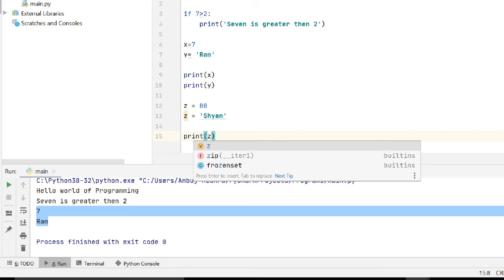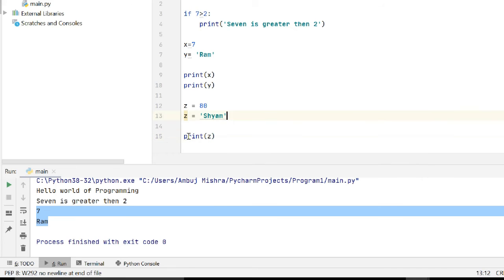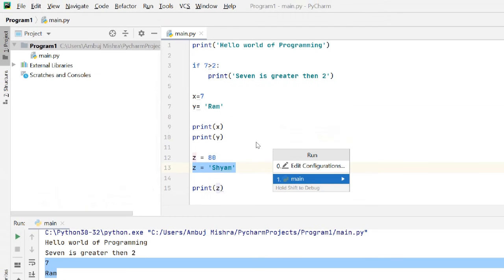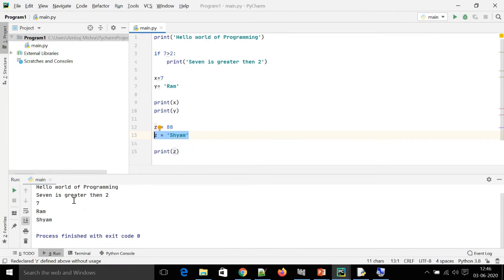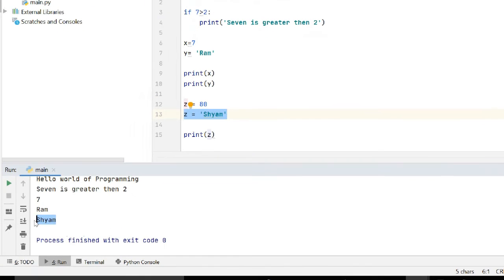What will the value of z be? The last updated value. It will be Shyam. Let's check it. If I print this value, yes. Here you can see it's Shyam. If you are using the same variable and keep on updating the value, keep on changing the value, then the last updated value will be printed.